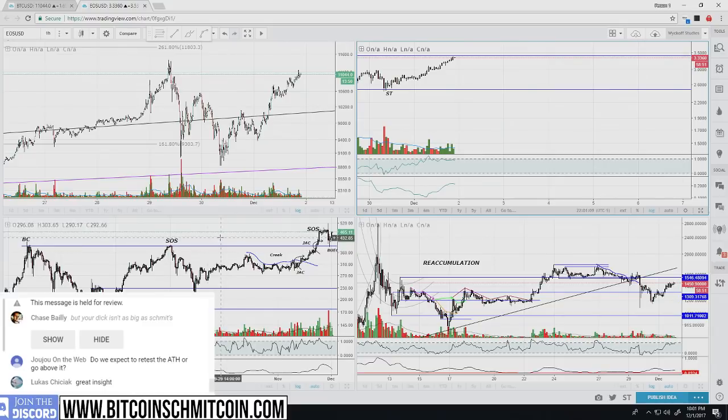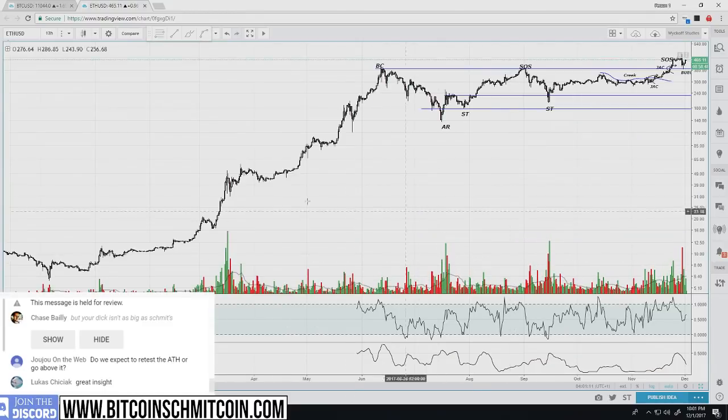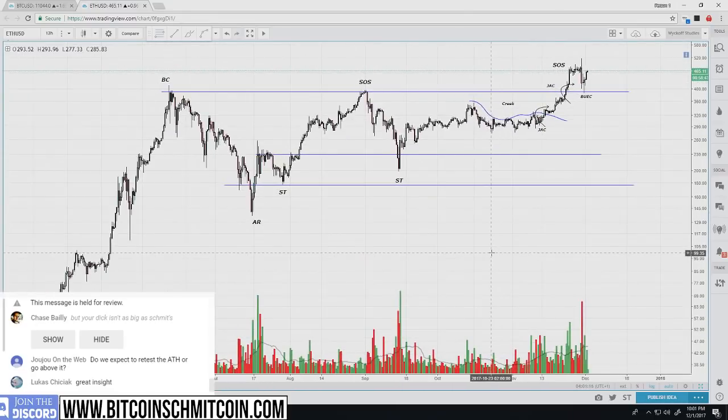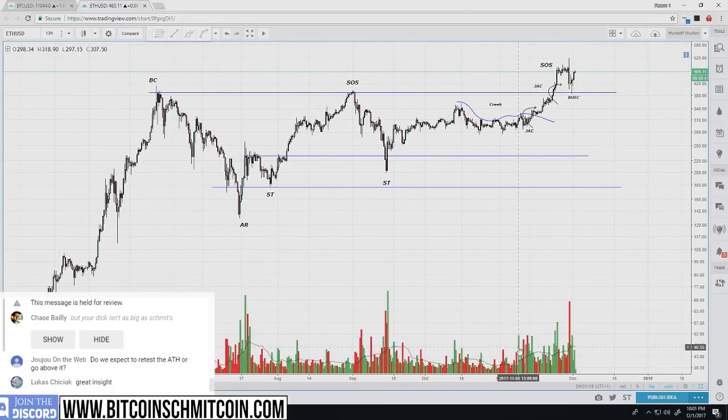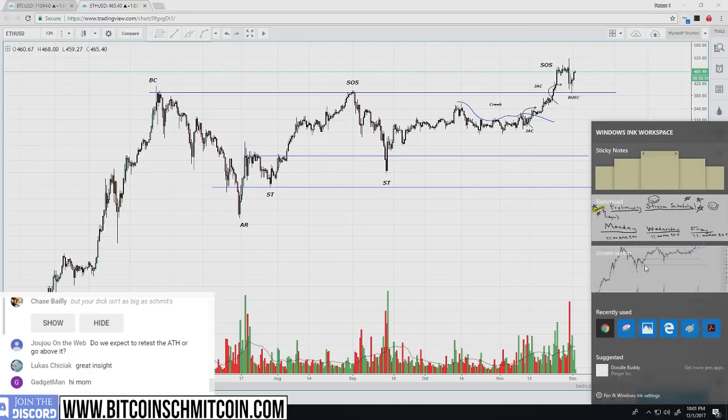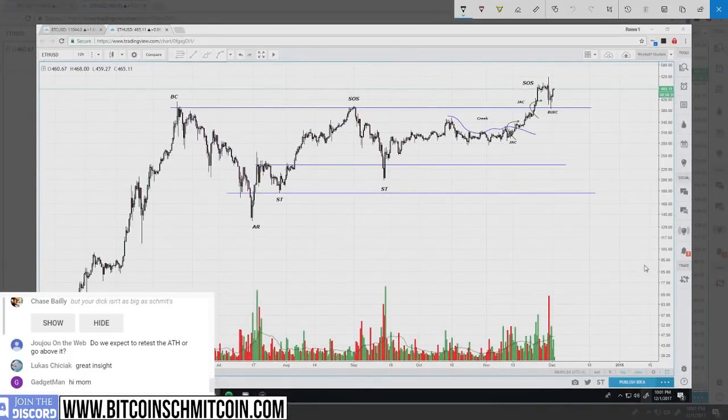Another coin, Ether. This is great. Ether is going through what I believe to be a macro accumulation phase. So if we look at Ether here, same thing as what we're seeing on Bitcoin, but on a macro scale, right? So this should look very familiar to the Bitcoin chart, right? We see the buying climax, we see an automatic reaction where the price goes down, we see a secondary test, and ultimately we form this giant trading range, right? And we see our sign of strength, we see our secondary test, we see the market go up, and ultimately